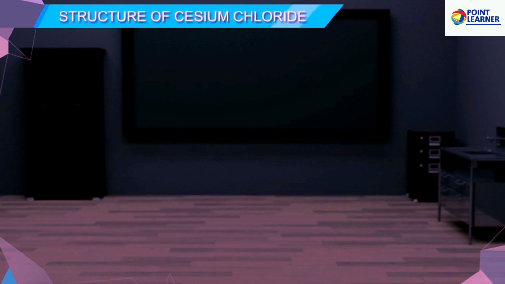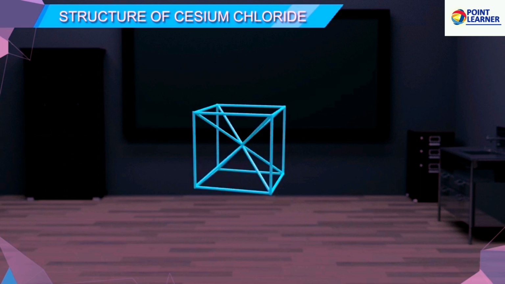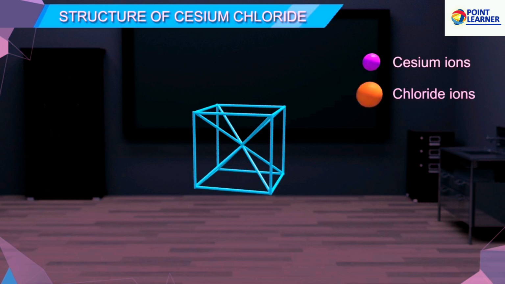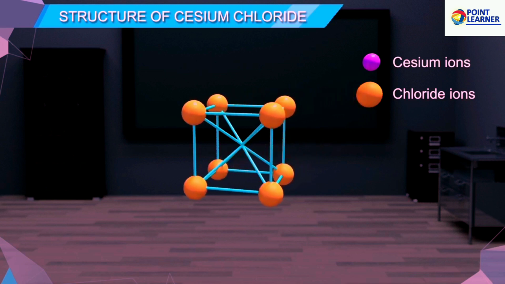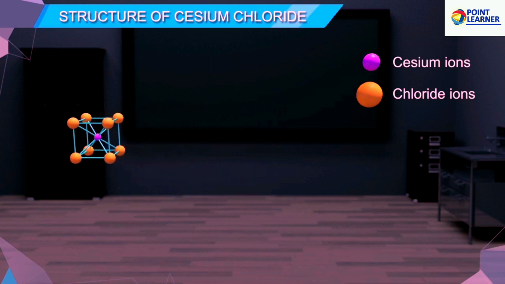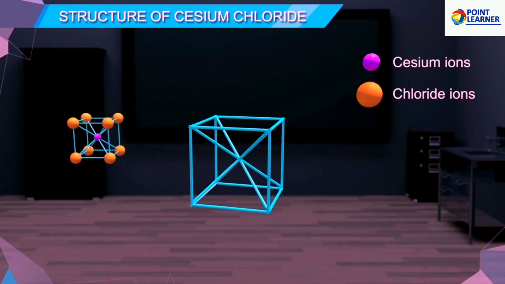Structure of cesium chloride. Cesium chloride crystal is made up of cesium ions, cations, and chloride ions, anions. In cesium chloride body-centered cubic lattice structure, the chloride ions are present at the corners of the cubic lattice, while cesium ions are present at the center of each cube. The reverse is also possible, which means that cesium ions can occupy the corner positions, while the chloride ions can occupy the center of each cube in the